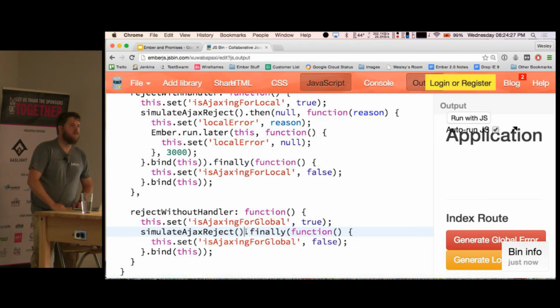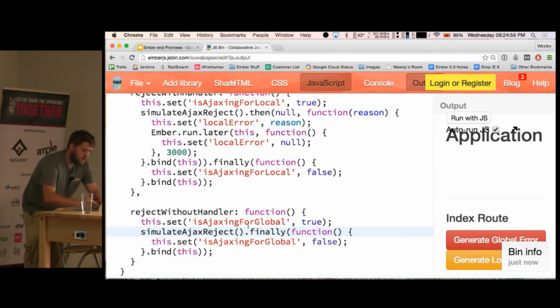Yeah, that's what I was wondering. Because if you don't do anything like you did there, you still get it. It's just a global error. Yeah, so that's not a promise thing, that is definitely an RSVP thing. That is not in the promise spec. The promise spec is very minimal. It's more about the rules of chaining promises than anything else. It doesn't say anything about allSettled or hash or even finally. It's not a Promises/A+ thing.